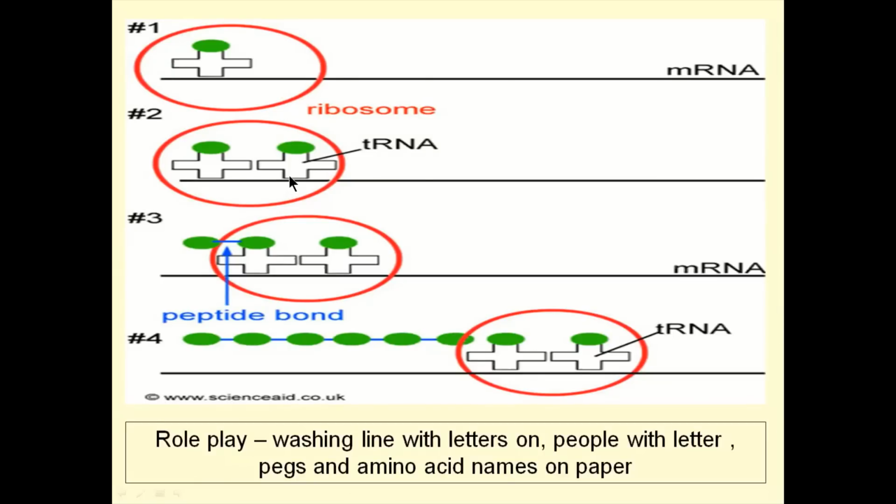Next, another tRNA comes in this way and the previous one gets removed. When this happens, both amino acids bind with each other using a peptide bond. This process continues and a chain of amino acids is produced, forming a protein molecule until mRNA reaches a stop codon. And this process can start all over again, beginning at a start codon present on mRNA.